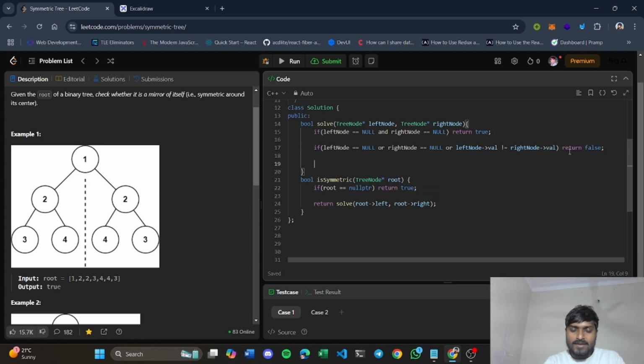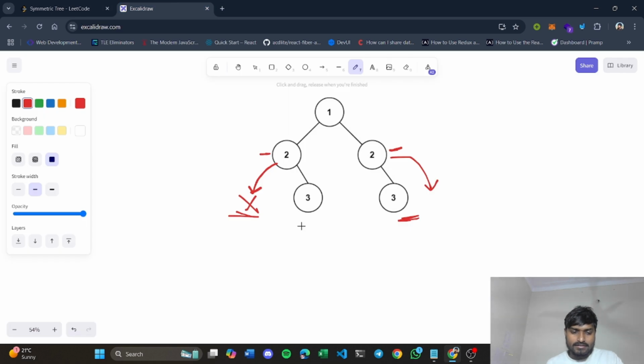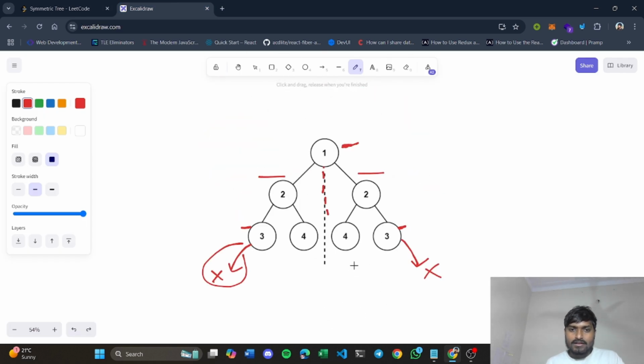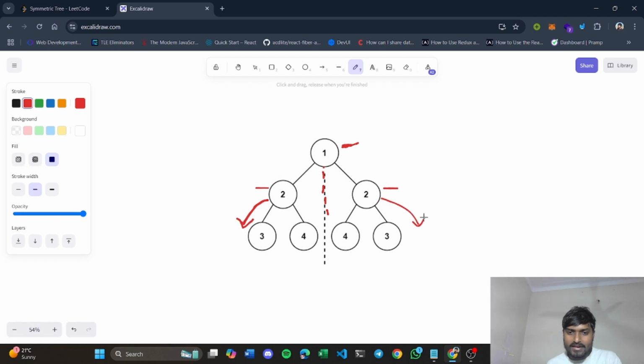Now the main part of our problem is coming here. Let's say you are at this node 2, right? For this node 2 in both the parts, you will call node 2 left here and node 2 right here, right? This is one call, but you also have to check node 2 right here and node 2 left here.